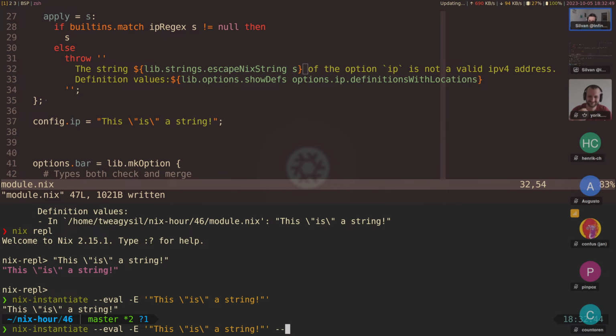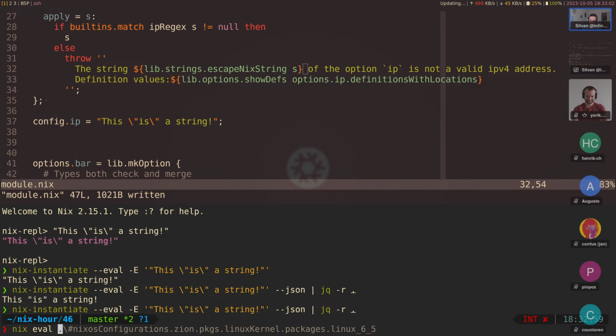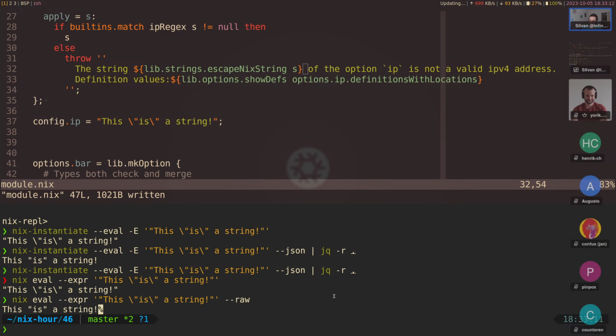So we have to go through either --json, then do a raw JSON printing of this. That's jq -r. Or you can also use nix eval that has a raw flag. So we can say expr, print the string. Okay, still does the same thing, but we have the raw flag here, which allows us to print the string as is without any quoting. Just kind of a roundabout way of talking about the Nix escaping. All right, so